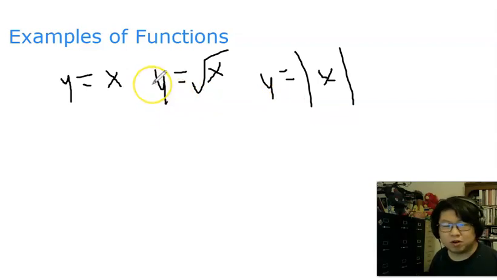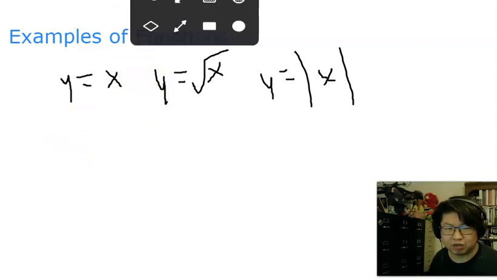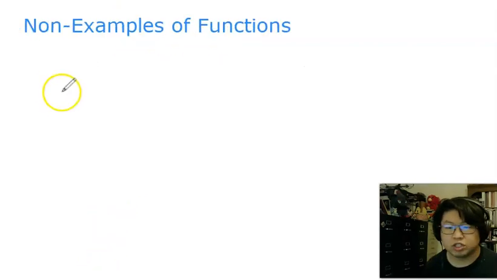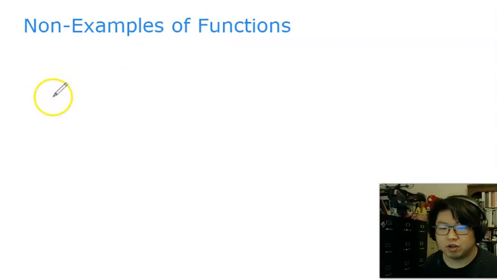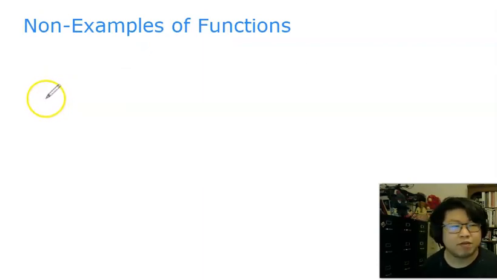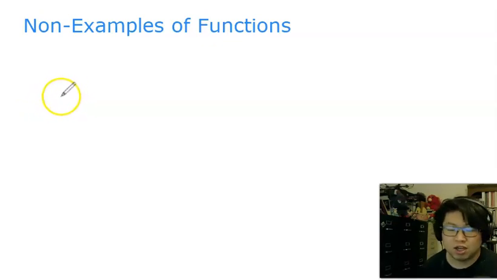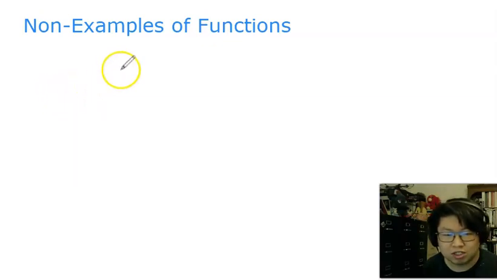So if these are all functions, then you might be wondering, what's not a function? What is a non-example of a function? Let's talk about a couple of non-examples. The easiest way to determine whether a graph is a function or not is to do the vertical line test. If you remember what that is, we will talk about it in a little bit once we get to the graphs, but the easiest example to talk about in terms of the symbols is something like x equals